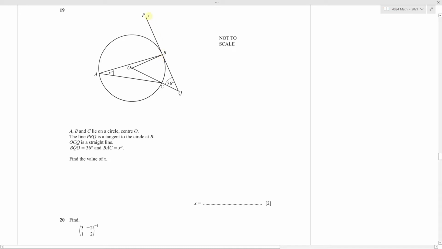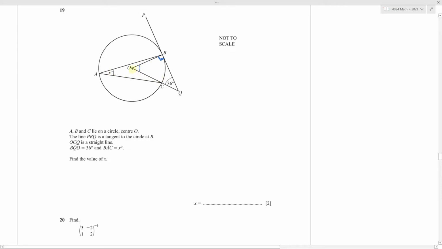So you know that this is a tangent. This is the center. So this line is OB. You know that the radius and tangent make a 90-degree angle. So I know these two angles of this triangle. I can find this one. And once I find this one, I can find x because